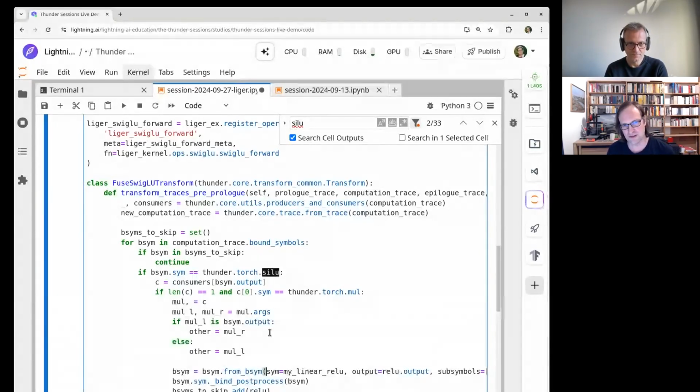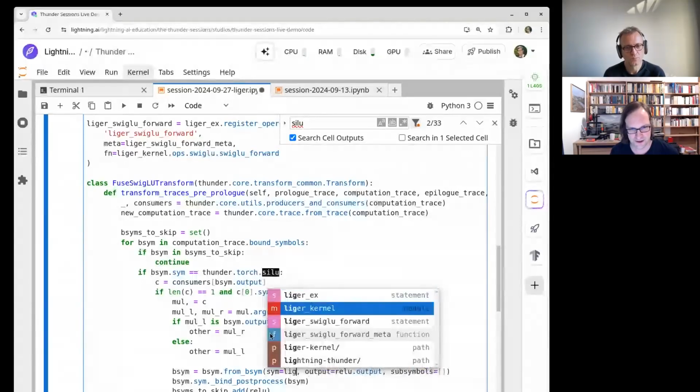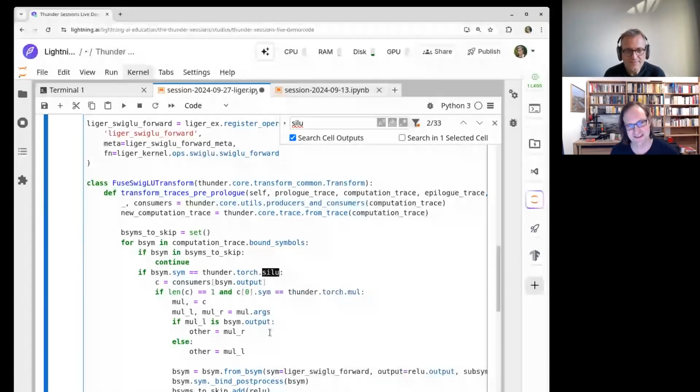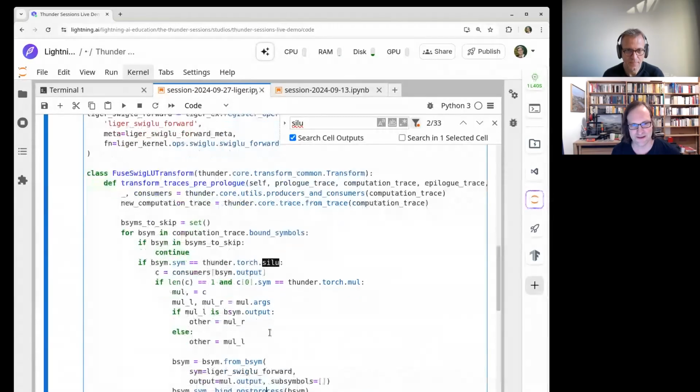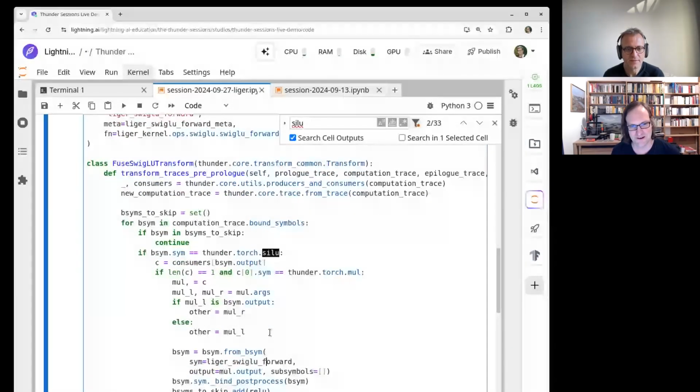And so then we can replace the Silu symbol with our Liger. I need to stop. I don't know, maybe it's legal. Pronunciation, right? Yeah. And the output should be the output of the multiplication, and we don't want any subsymbols. But we also need to construct a new set of args because we have different inputs now.